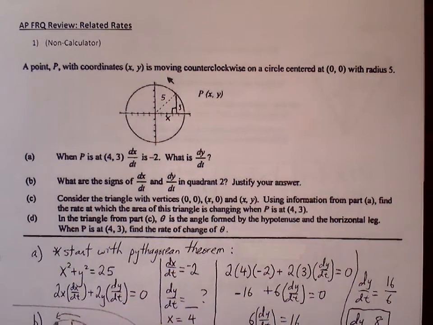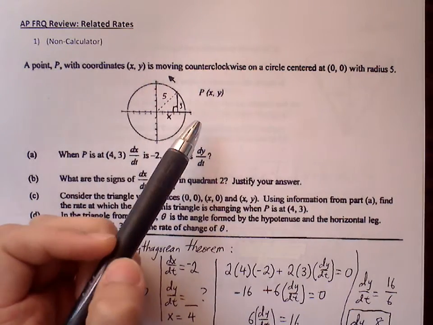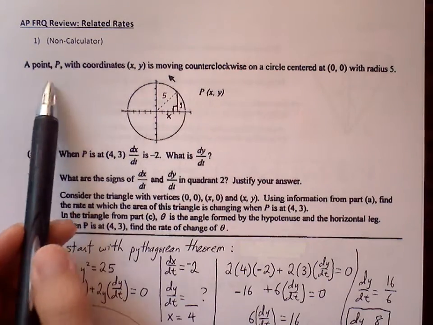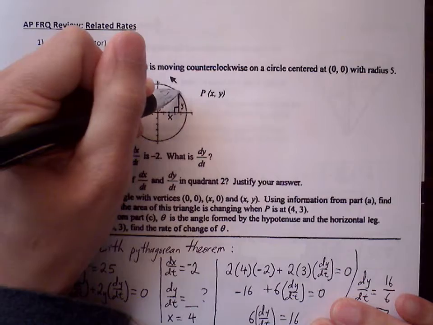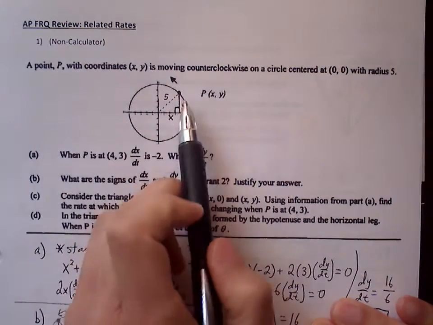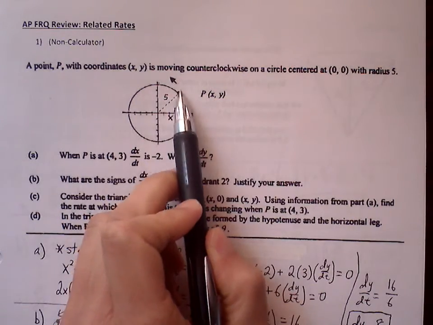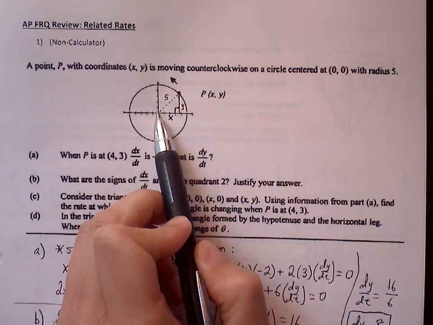Let's look at some AP FRQ reviews. This is number 1 off the related rates AP review. Number 1 is non-calculator. A point P, so point P is this point here. Point P with coordinate x, y is moving counterclockwise on a circle with center at 0, 0 and a radius